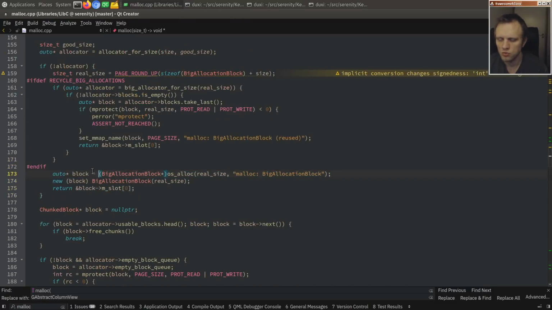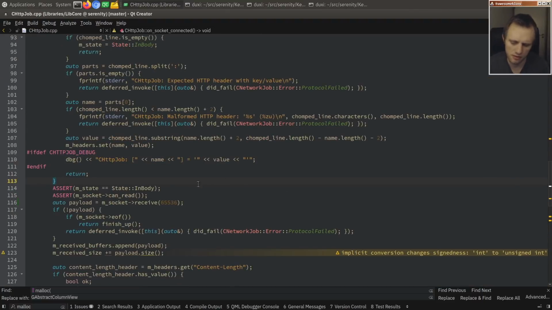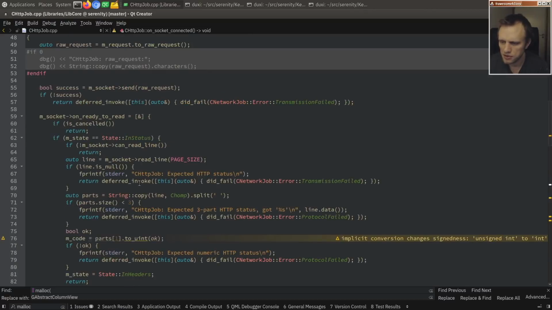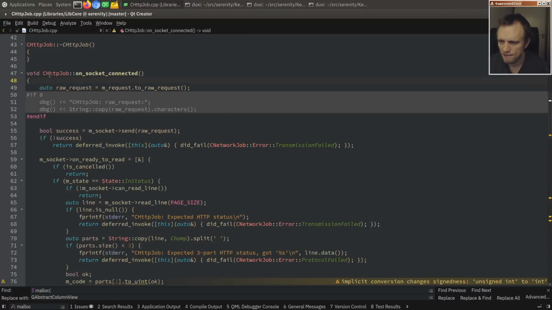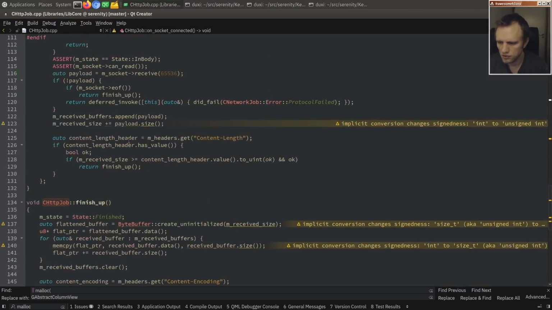So I think we can do better. Yeah, we can definitely do better. I don't know why I keep saying that to myself. But how are we going to do it? We'll have a size t m index into last received buffer. Okay, so whenever we are receiving data,